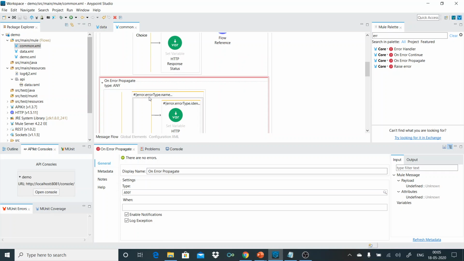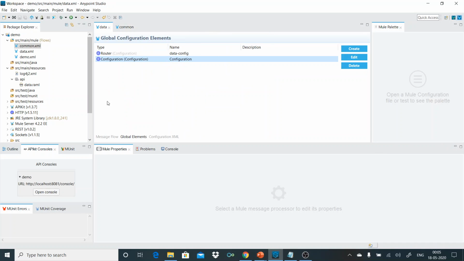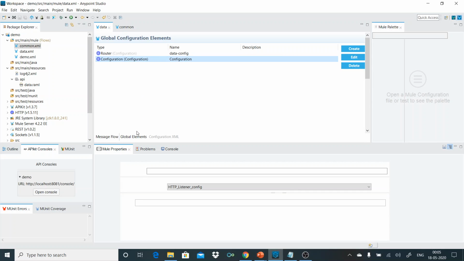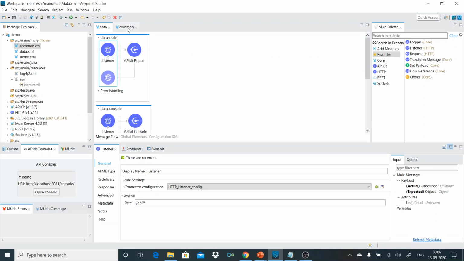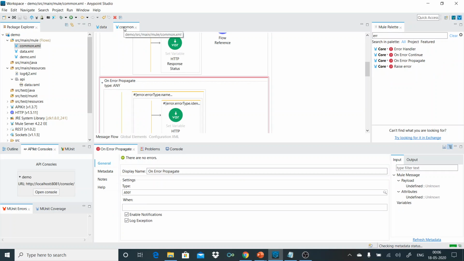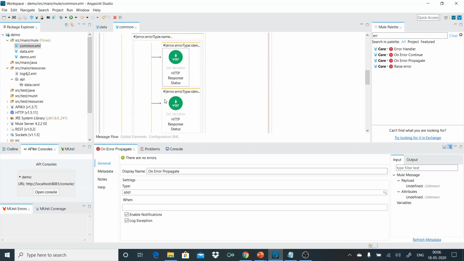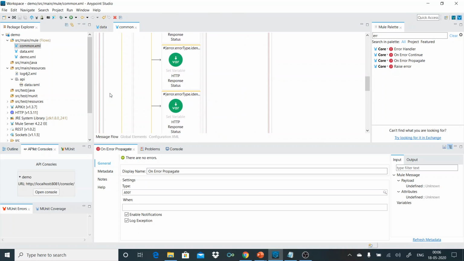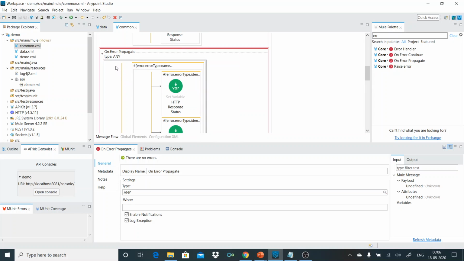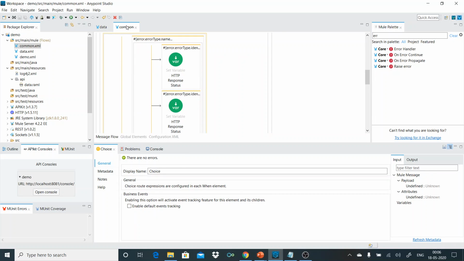Finally, any other errors which are not handled come over here. I have deleted the APIkit router error handling because I don't want the Mule scaffolding error handler to handle errors. I have a proper error structure that I want to be followed, and it's widely used across the organization. To maintain consistency, I deleted that APIkit router error handling and implemented my own. So what I've done is I created a choice router, and in this choice router I have two routes.